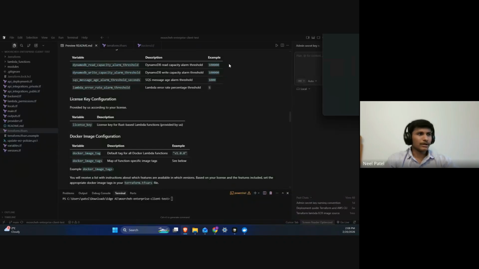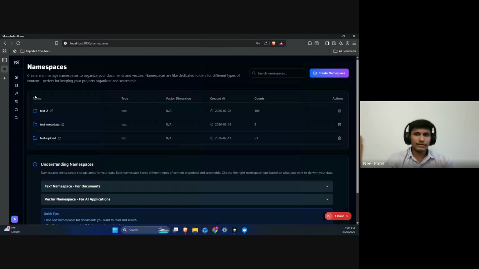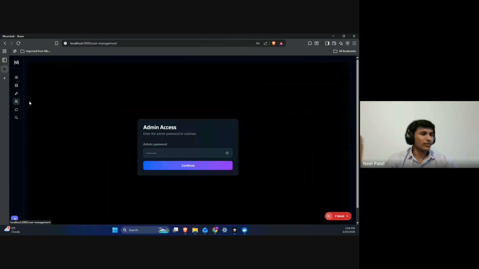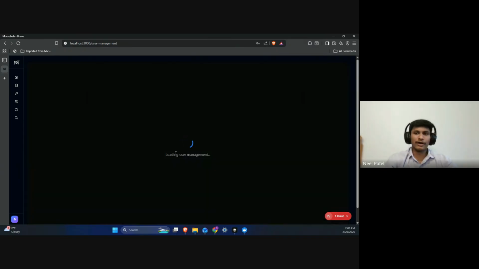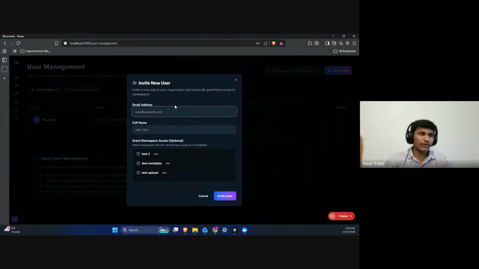So let's go to the product over here, and I'll be taking this enterprise version. You could see I have three namespaces covered over here. The extra thing that we covered in the enterprise is management of the users. If I go over here, it will ask me the name and password, and this password is handled by the AWS Secret Manager as well as your environment variable. Right now, as you can see, I have invited one user, and the way it can be done is I can invite any user over here,